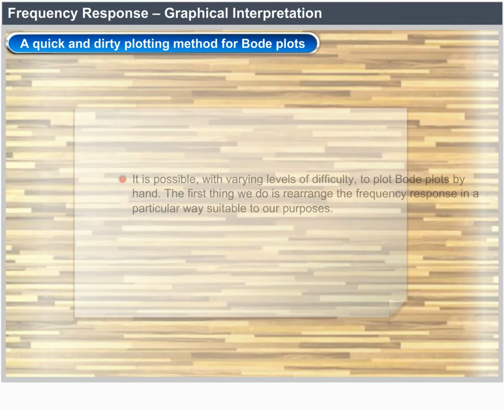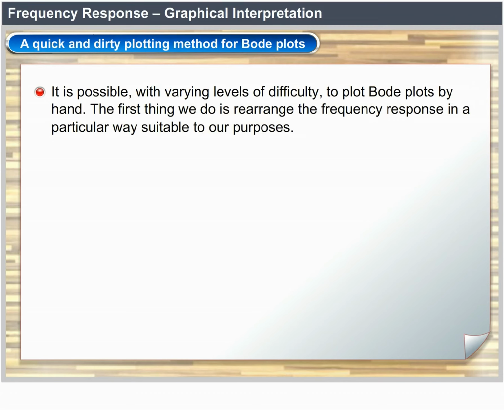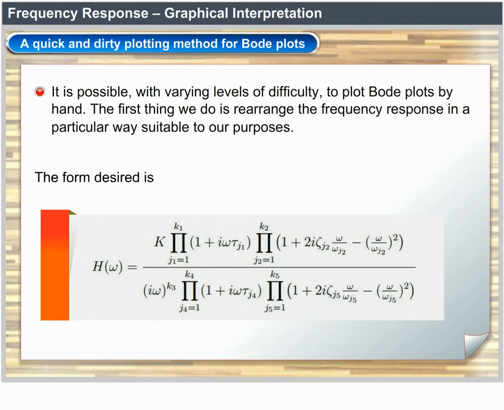It is possible, with varying levels of difficulty, to plot Bode plots by hand. The first thing we do is rearrange the frequency response in a particular way suitable to our purposes. The form desired is H(ω) = K × product over j1 = 1 to K1 of (1 + iωT_j1) × product over j2 = 1 to K2 of (1 + 2iζ_j2 ω/ω_j2 − (ω/ω_j2)²), divided by (iω)^K3